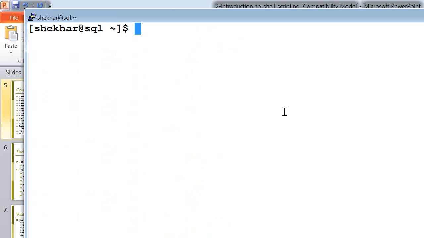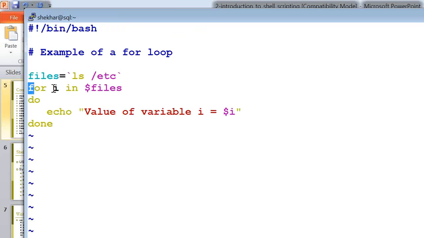So how did I do this? With the help of the for loop again. As you can see, for I in $files there. So you can put pretty much anything there. If you are a system administrator, let me show you a trick here. Instead of files, you can use users, and you can say